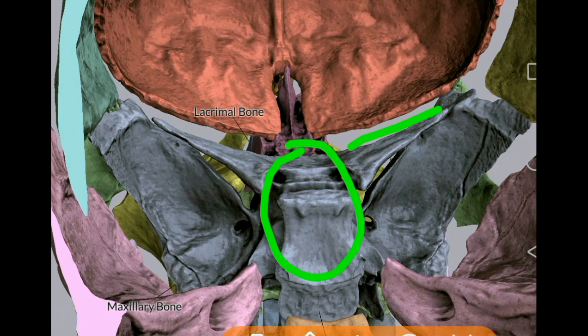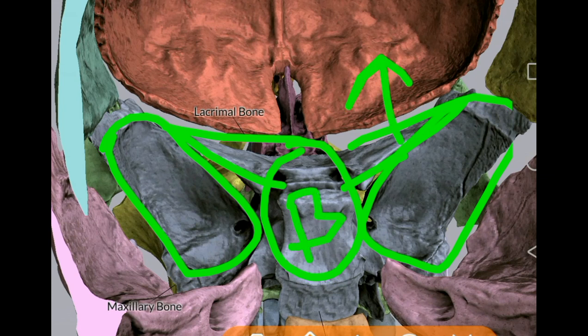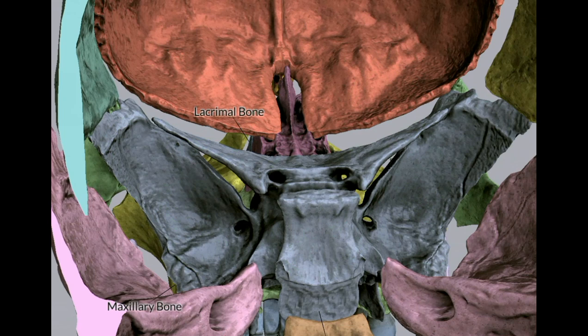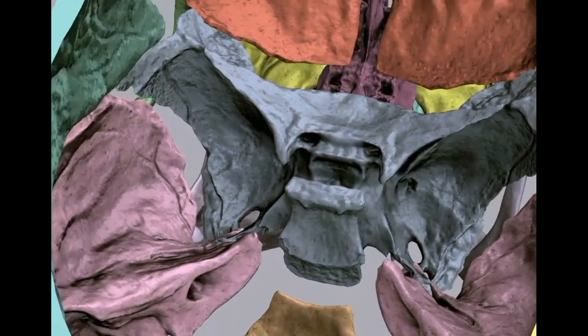That is the median part that we already discussed here. You can see that is the lesser wing, and here is the greater wing, the cranial surface of the greater wing, and in the midline that is the body, lesser wing already you know. This is the body, lesser wing, and on either side the cranial surface of the greater wing of sphenoid, and this greater wing is deeply concave. You can see here.